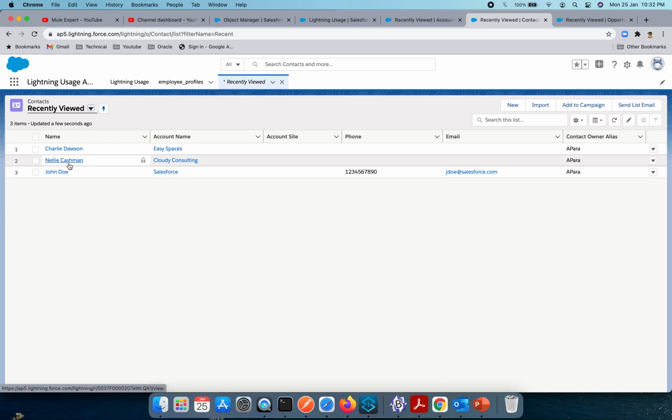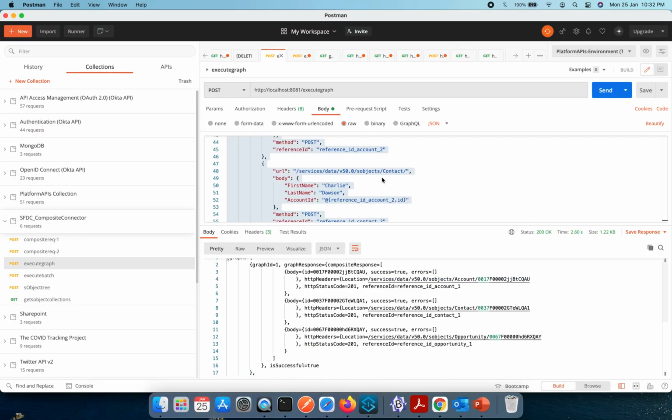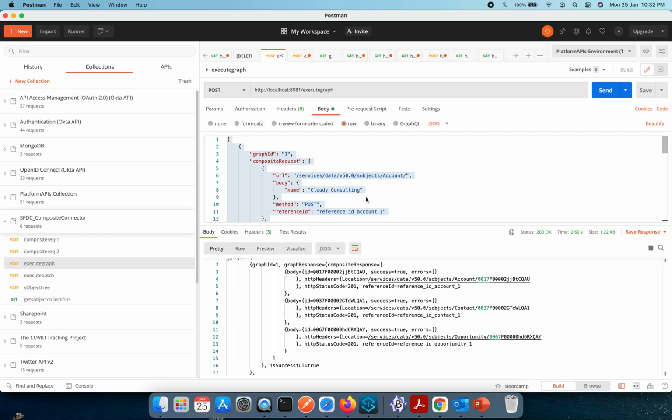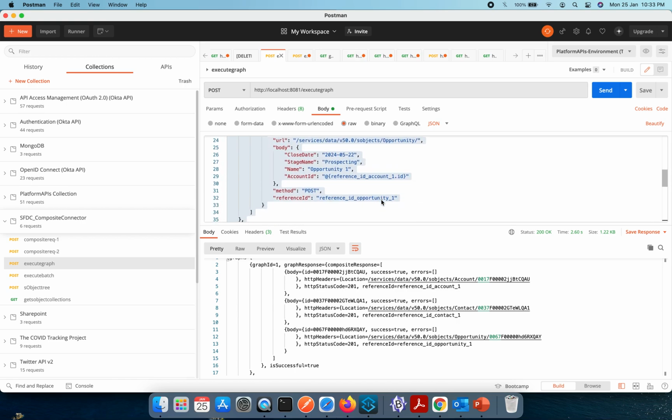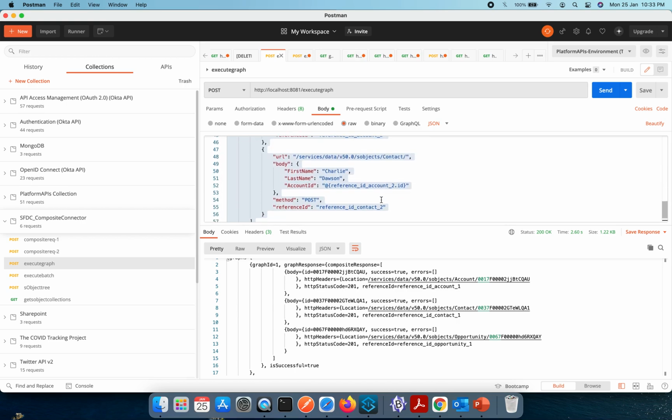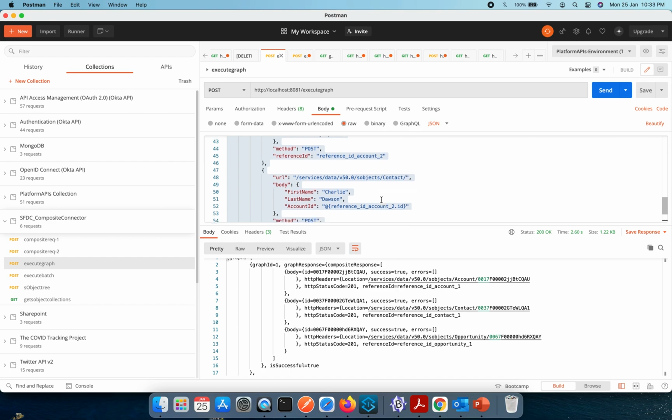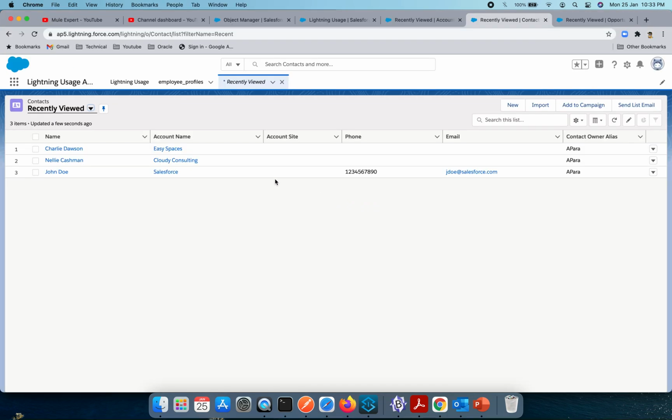Nelly Cashman is connected with Cloudy Consulting, as you can see within the payload. Similarly, for Easy Spaces we have Charlie Dawson, who is associated with the account name Easy Spaces.